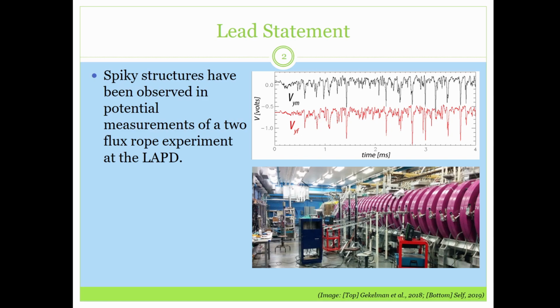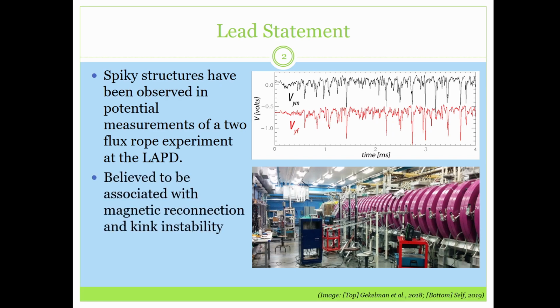So let me begin by stating the gist of my presentation, which is that spiky structures, as those seen in the top image, have been observed in a two-flux rope experiment on the large plasma device, which is pictured at the bottom. Now we believe these spiky structures are associated with magnetic reconnection and the kink instability simply because the flux ropes themselves are associated with these processes. And nearing the end of the presentation, I will present a model to show how these spiky structures may possibly